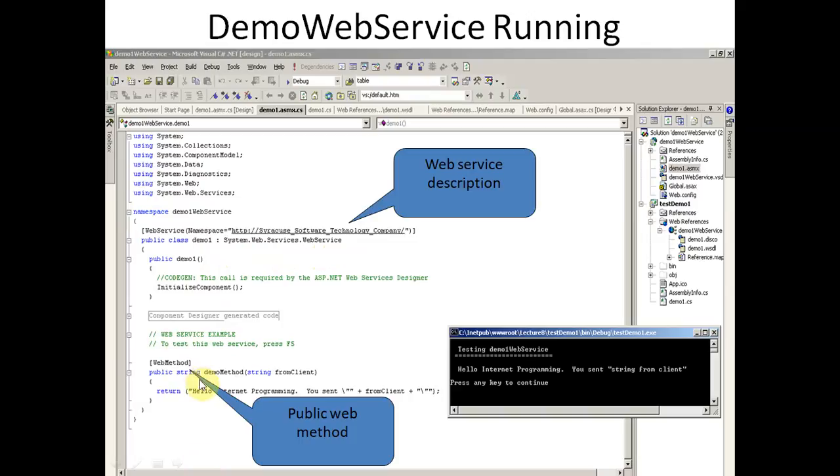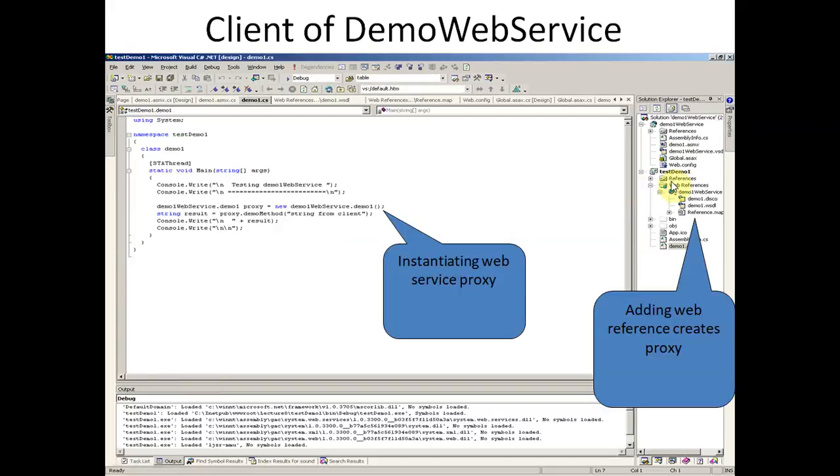But how to implement this one? We have to add a web reference. We have to move to the solution explorer of the program where we want to embed or use this web service. After writing the program, we have mentioned here the demo1 class, and inside the test demo1 namespace we have created the demo1 class, and inside it we have the main, and inside main we are using this web service.